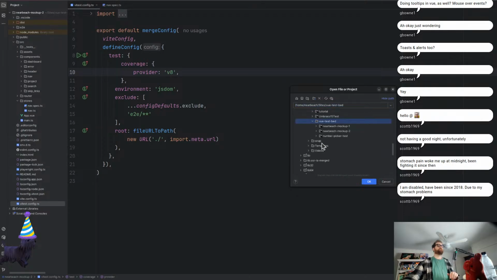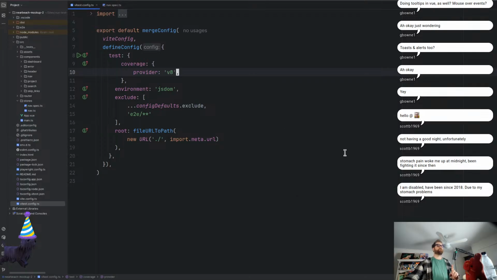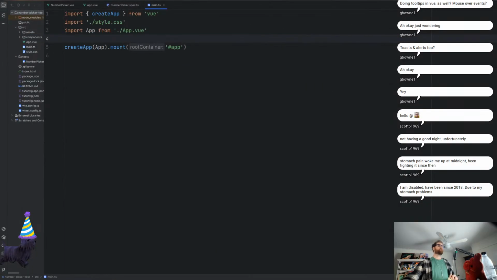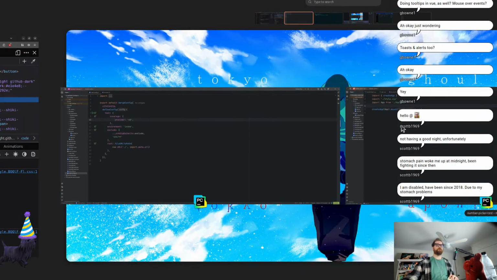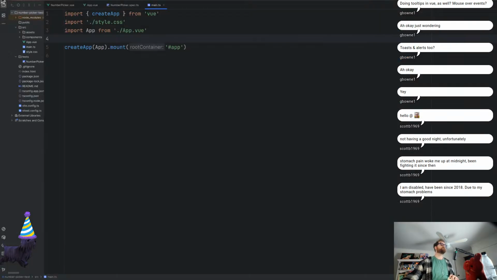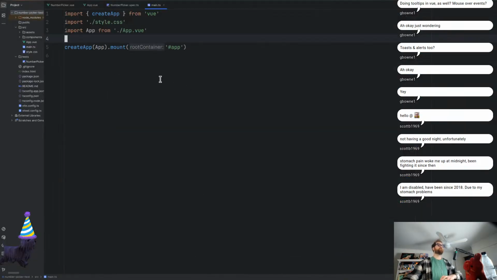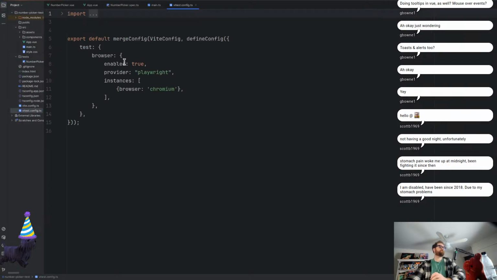We've got the view test bed. I've got the number picker. I'm just going to open that up very quickly. The reason being is I did a bunch of tests already for, which one is this one? This is the number picker. So I'm opening it up on that. I'm just going to bump that over there. I did a bunch of tests already. So for this number picker as a